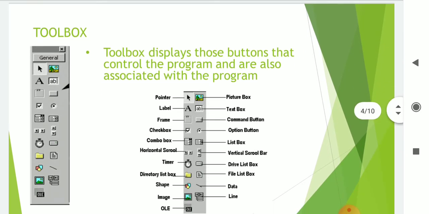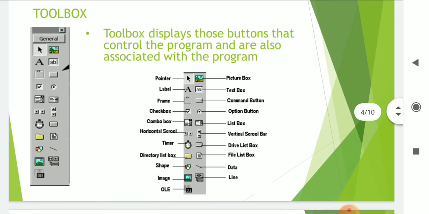The first is toolbox. See this toolbox, number of components are created. As for example, the text box, the button, the radio button, images, timer, drop down list. This toolbox displays the buttons that control the program and are also associated with the program. Now see this,